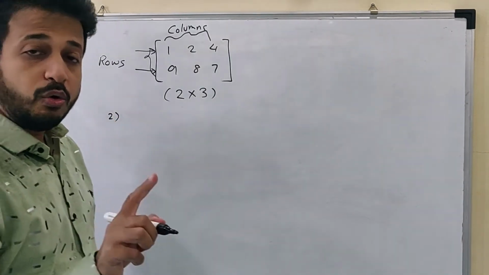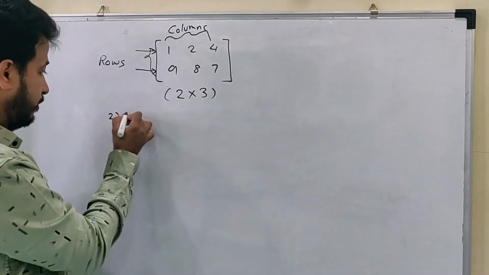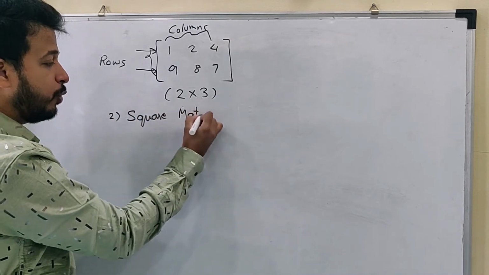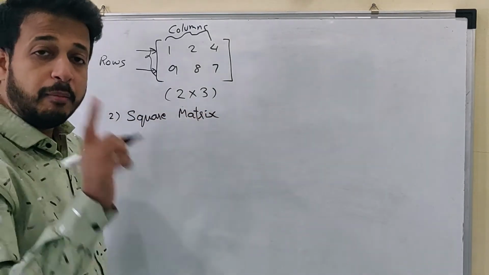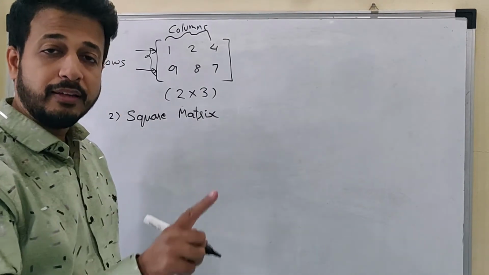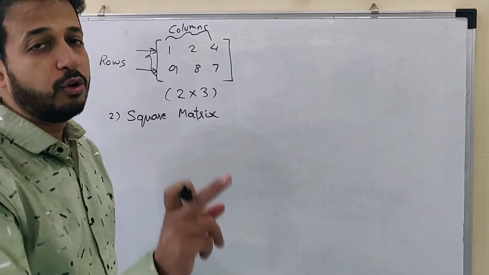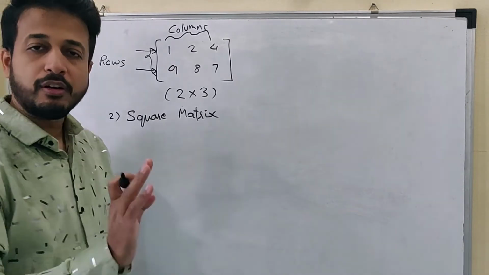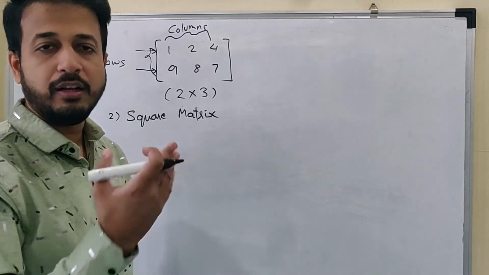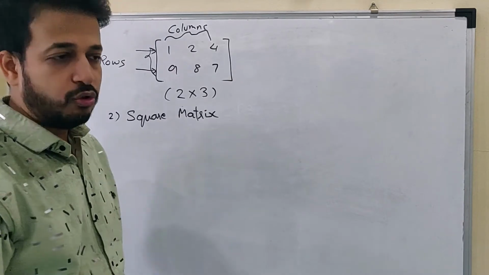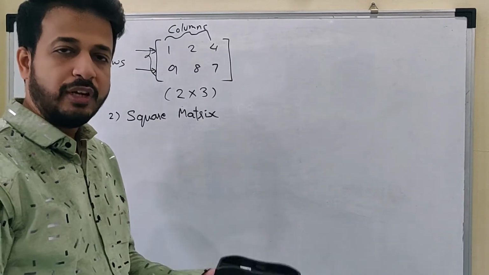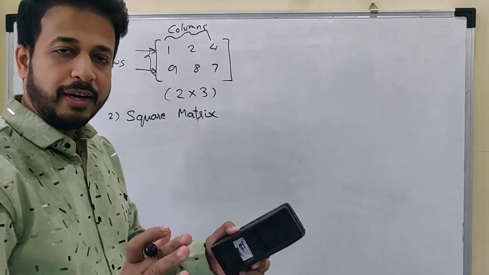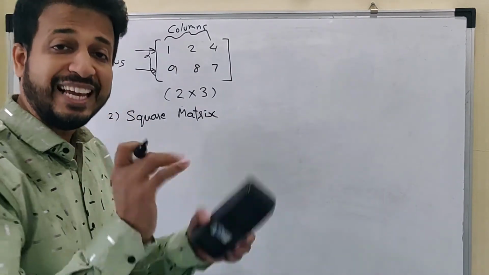Okay. Now there is a thing which is called a square matrix. Now what do you mean by a square matrix? A matrix is called a square matrix in which your rows and columns have to be the same, right? I cannot have the number of rows as 2 and the number of columns as 3. So they both are different. If your rows and columns are different, it is not a square matrix. So a square matrix will have rows and columns equal.